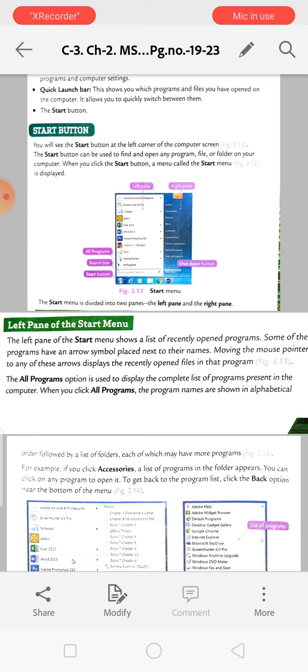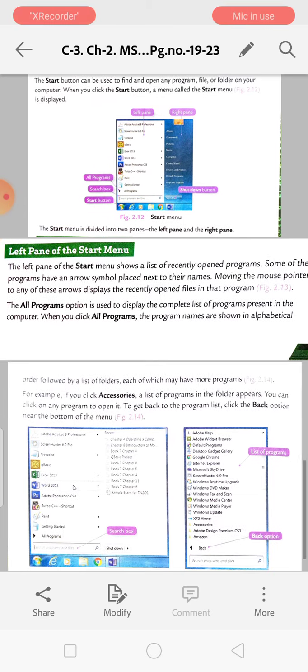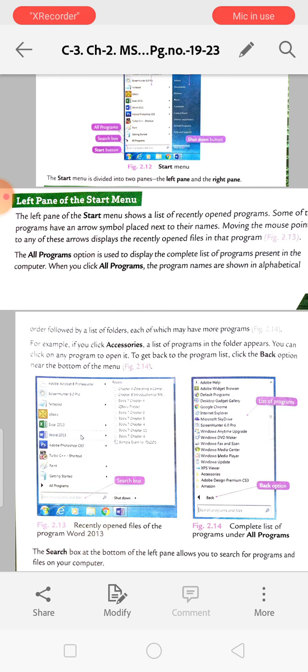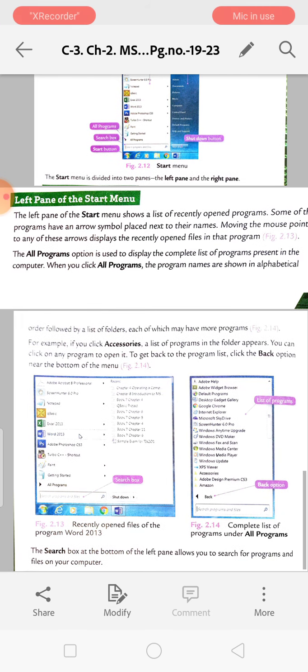The start menu is divided into two panes, the left pane and the right pane. Okay? The left pane of the start menu shows a list of recently opened programs. Some of the programs have an arrow symbol placed next to their names.